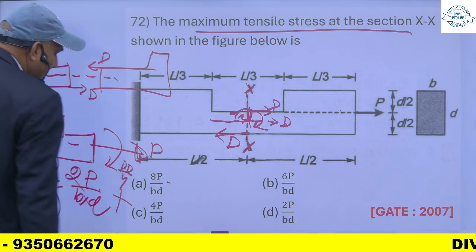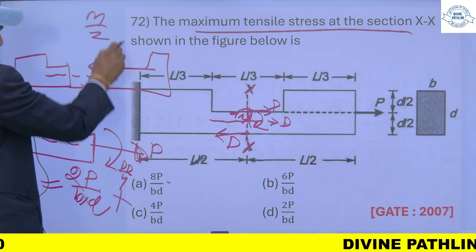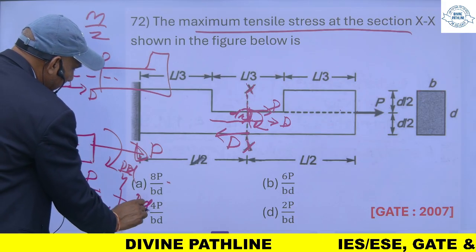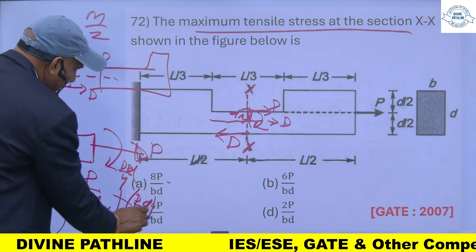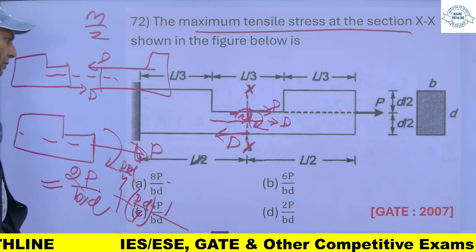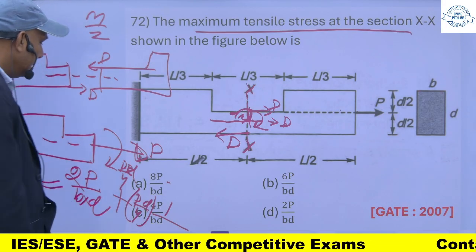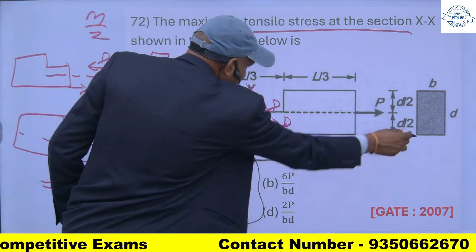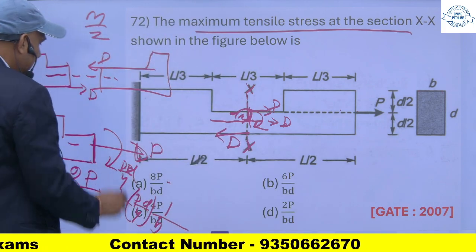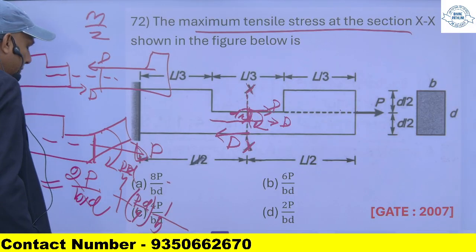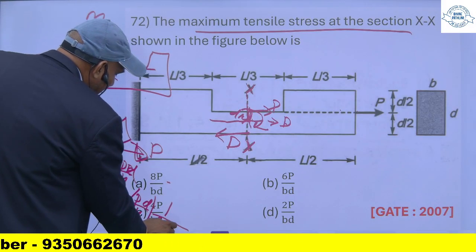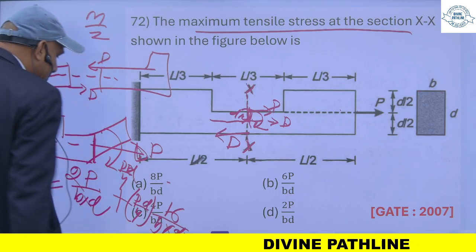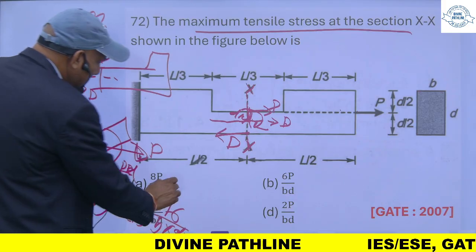This will be M upon Z. The formula is M upon Z, bending tensile. So M is P D by 4, the moment, divided by Z. Z is the section modulus. Section modulus will be how much? This will be b d square by 6. Section modulus of this will be, width is B and depth is D by 2, so B into square of D by 2 divided by 6. So you will get 2P upon B D,